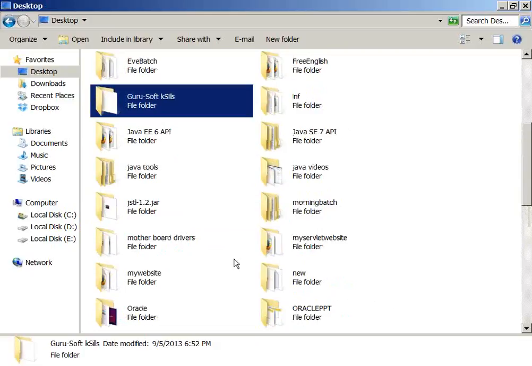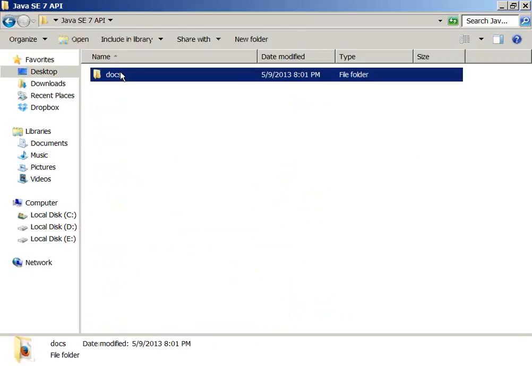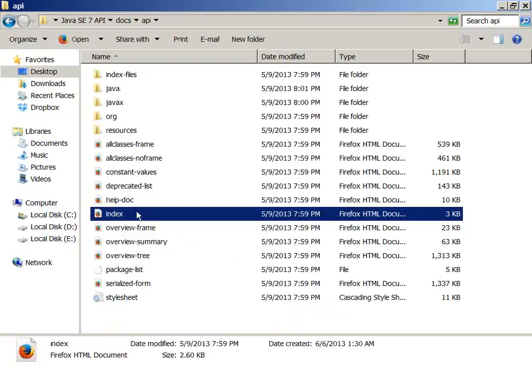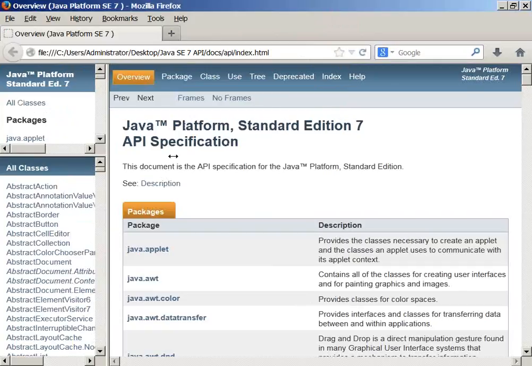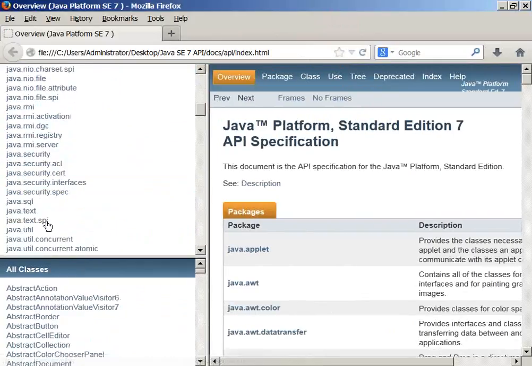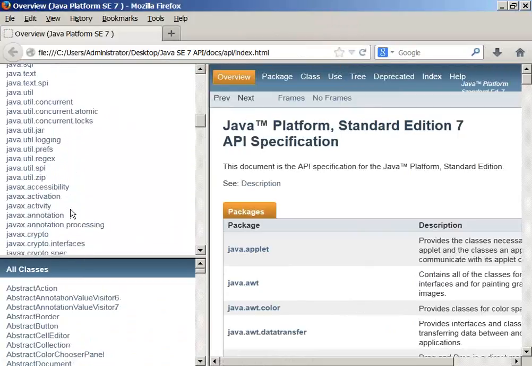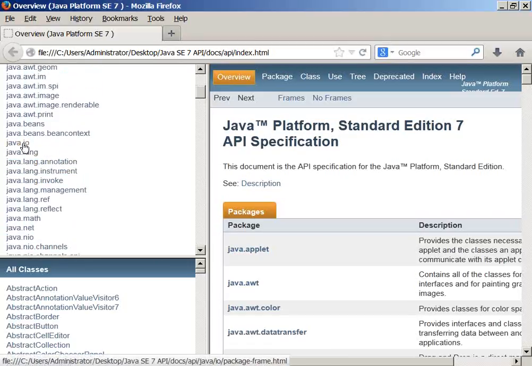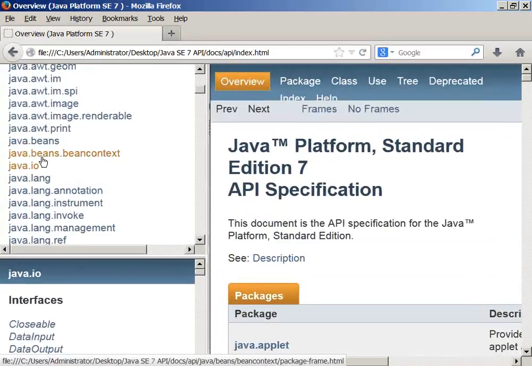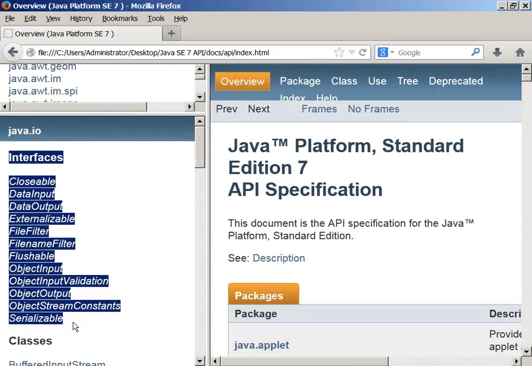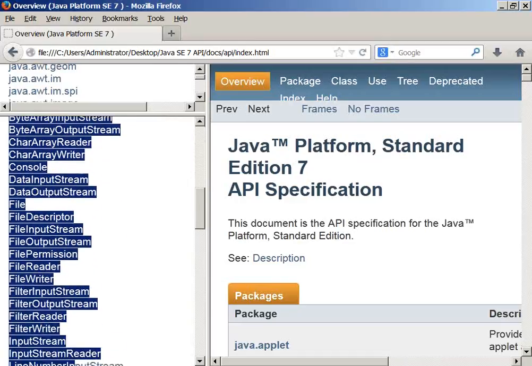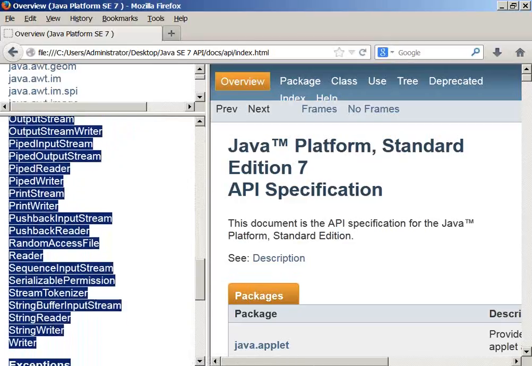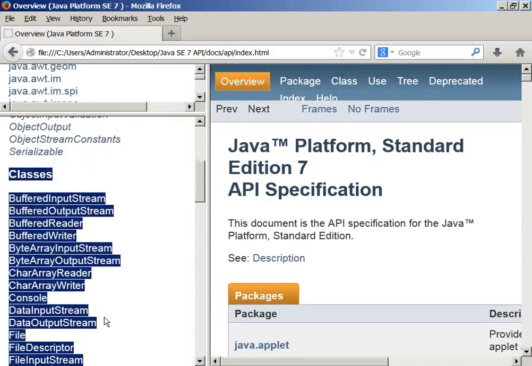Where is it? The Java API, yep. Right, so this is the API you have, and there you can see the java.io package. Now we are interested to see not lang here, but IO. What is this? The IO package. Now go through this. See here, there are some set of interfaces and some set of classes. There's a big list of classes you can see here,